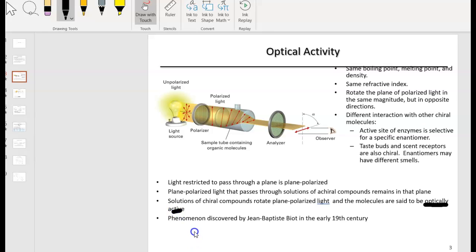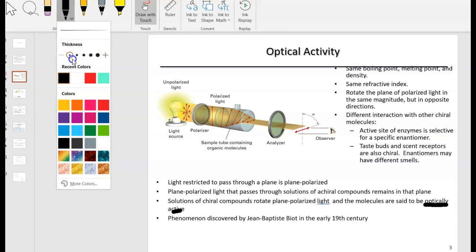This was also supported by Louis Pasteur's investigation of tartrate salts, where he came to the conclusion that optical activity is a direct consequence of chirality. That means if a molecule is chiral in nature, then it will be optically active. So if you look at enantiomers, if one enantiomer rotates the plane polarized light to one direction with a certain magnitude, and the other enantiomer rotates the plane polarized light to the other direction,